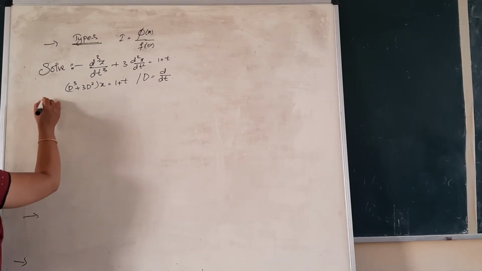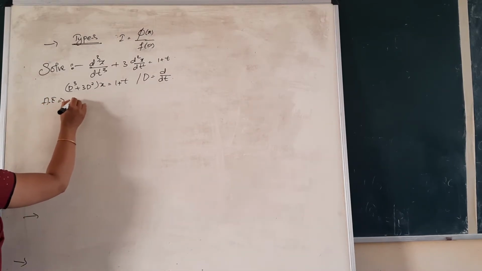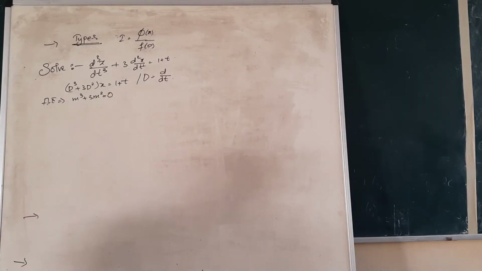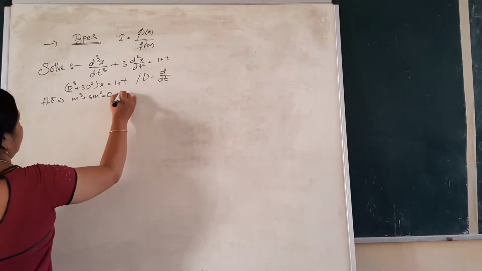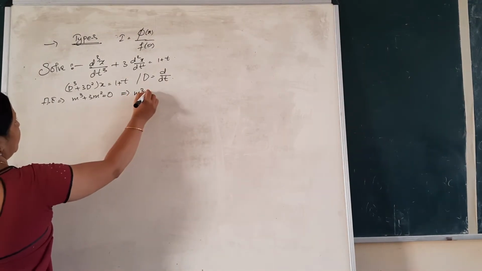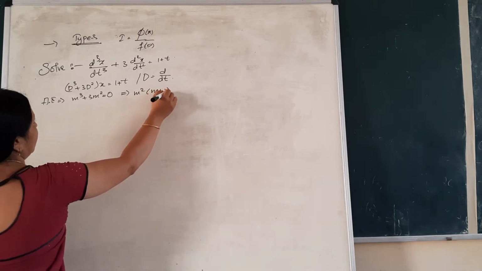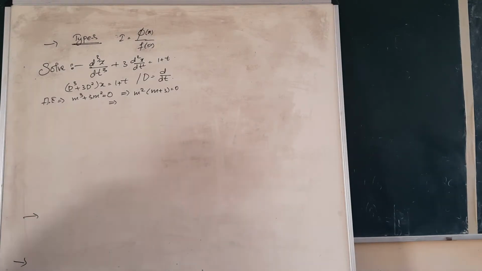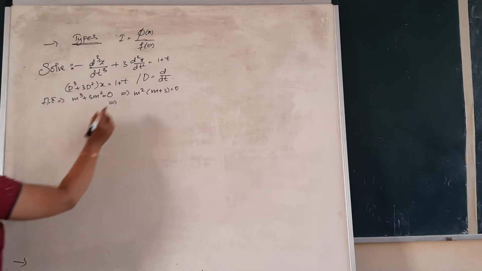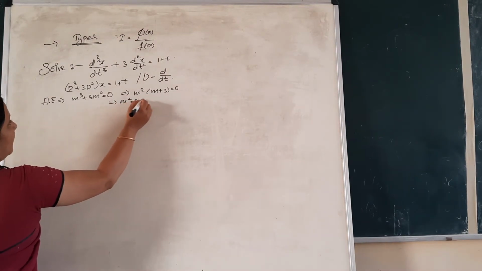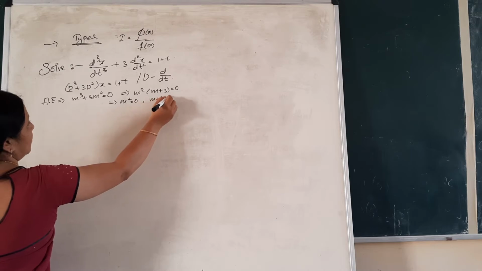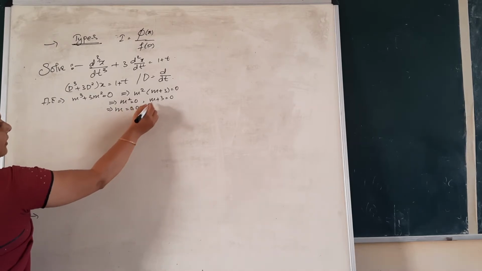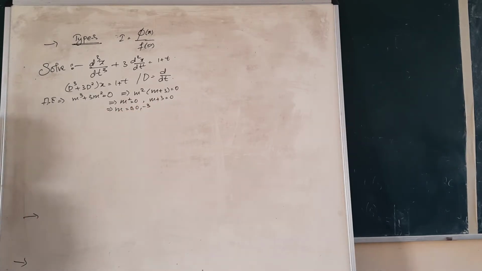Alright, so let us find the auxiliary equation. So which says m cube plus 3m square is equals to 0. Now what you should do? You got to find the roots of this auxiliary equation, which is given by, take out m square common from these two terms, you get m plus 3 is equals to 0. This is a cubic equation and we need to show 3 values for m. So we have m square is equals to 0, comma m plus 3 equal to 0. As there is a square here, you got to write m is 0 2 times and here 3 goes that side, so m value is minus 3.